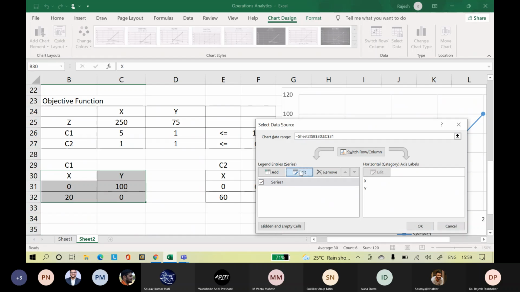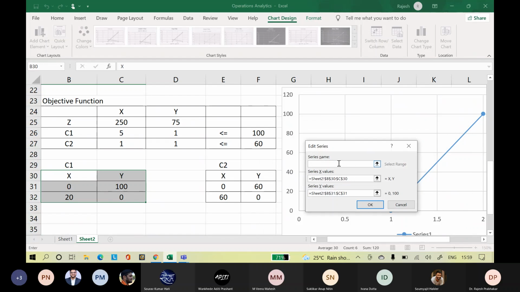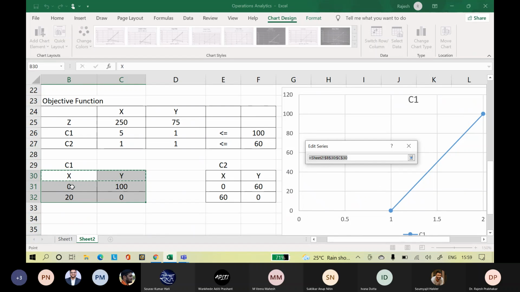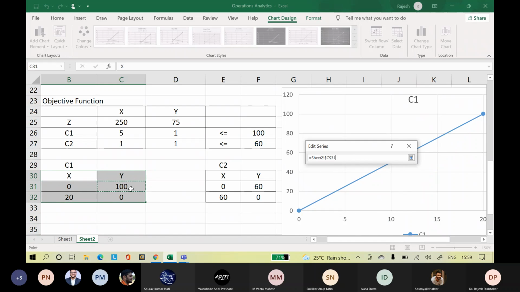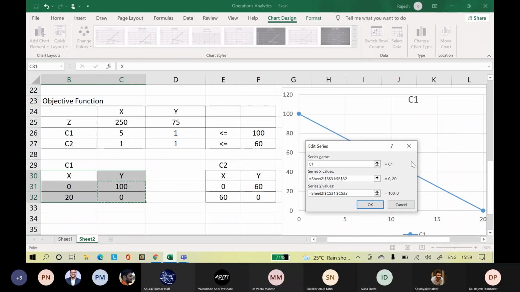Series 1, edit. Series name is C1, series X values: select the first column, 0 and 20. Series Y values: select the second column, 100 and 0. Click OK.